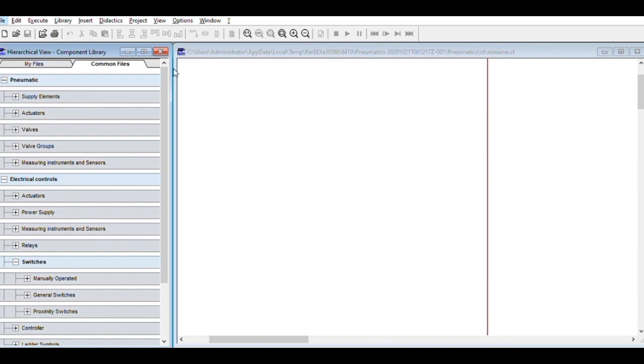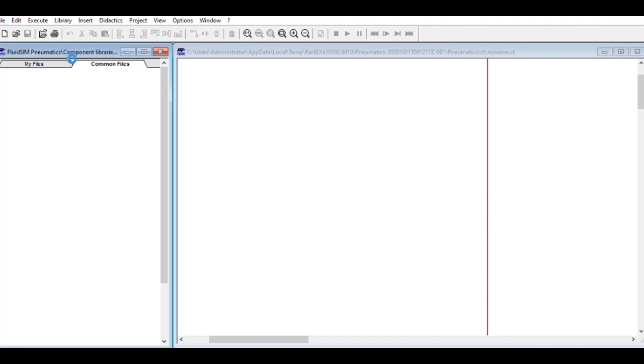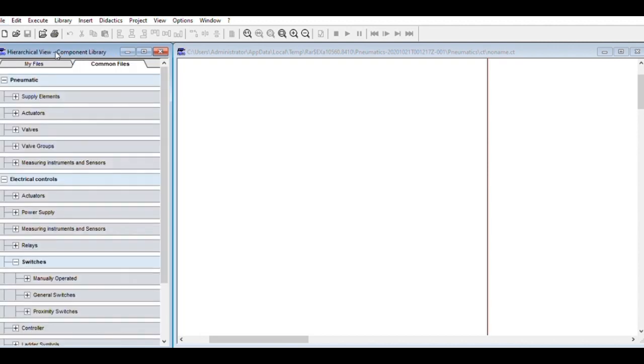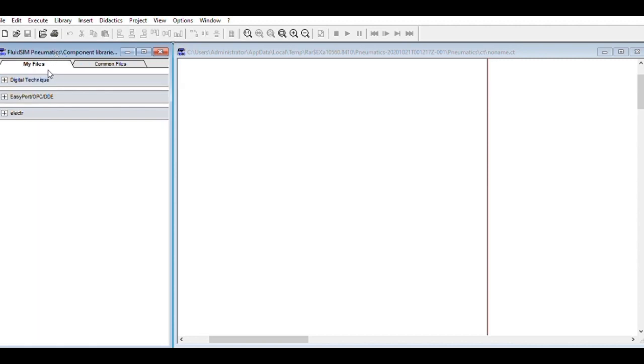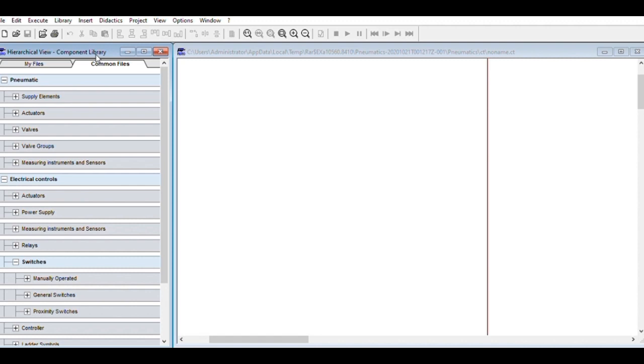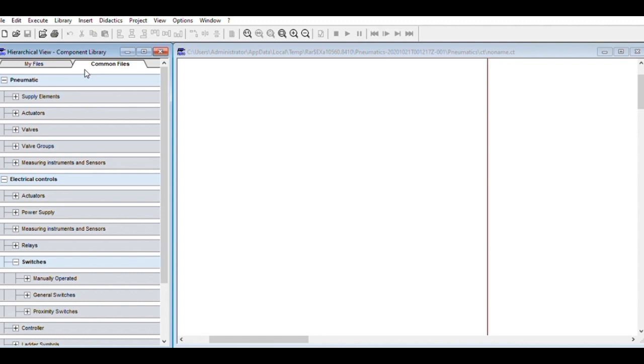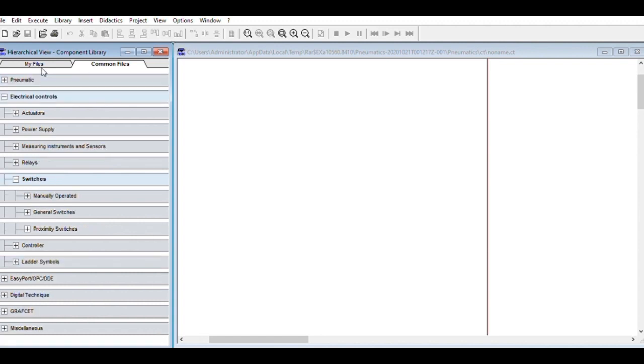So now let's view the components library. In our component library, we can see the My Files and of course the Common Files. In My Files, we can see the digital technique, EasyPort, and electric, which we will not be using, since we'll be focusing on the Common Files, which we'll be using here in pneumatics. So here you can click the pneumatic tab